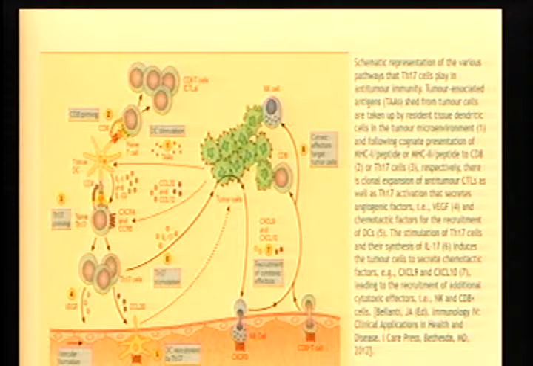And if you expand those IL-17 cells, it seems to serve better. And if you have more IL-17 cells, you have more chances of tumor regression, because these are highly inflammatory cells. So if you have a highly inflammatory immune response, then again, there's not going to be immunosuppression. If there is an active immune response against the tumor, you are probably going to be able to fight it better.